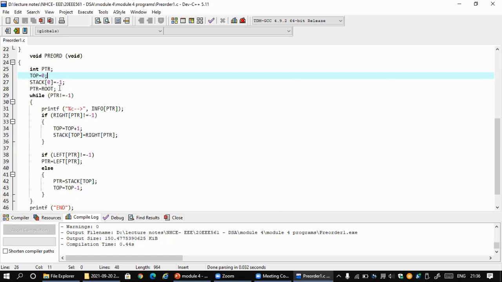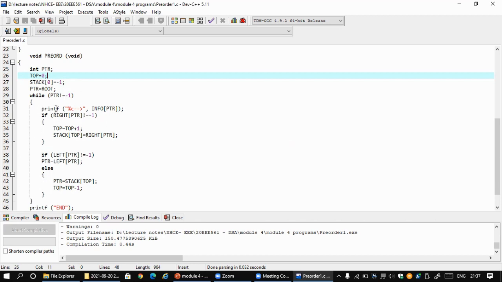After that, we continue to process by checking the right child and the left child, and if there is a right child, we put it onto the stack. We continue this process until we encounter a leaf node. That condition can be checked with the help of PTR. PTR not equal to -1 means PTR is holding a valid node. When PTR is equal to -1, the loop will break and come out of the loop.